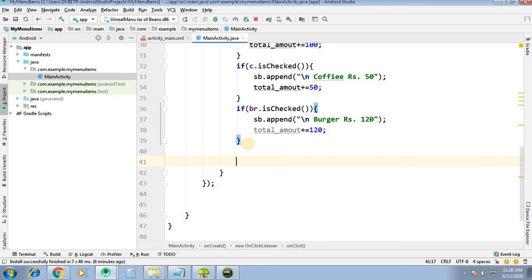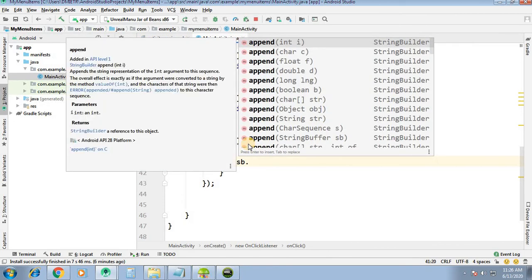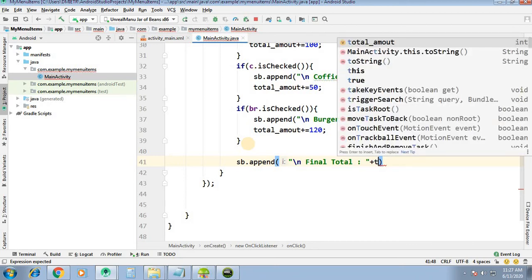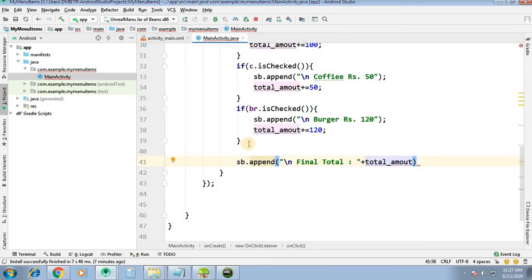Now we will again add SB dot append, the final result, in double quotation backslash n final total plus here total amount, and we will add rupees at the last.